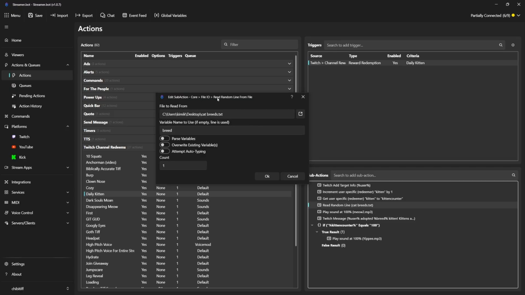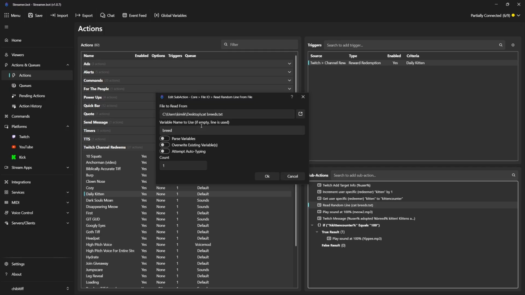You'll have to find the read random line from file. First create a file in Notepad, where each line would be a separate snack. Like the first line would be chips, the second candy, and so on. You'll save that somewhere on your computer, and you'll